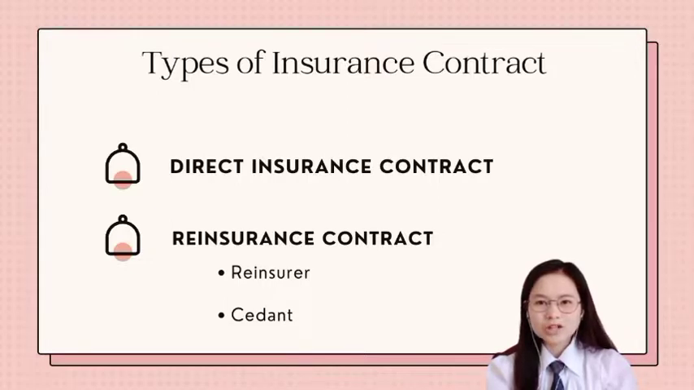ABC Insurance Corporation is the issuer, while Mr. Juan is the policyholder. The reinsurance contract, on the other hand, is an insurance contract issued by one insurer or the reinsurer to compensate another insurer, or what we also referred as the cedant, for losses on one or more contracts issued by the cedant. When we say reinsurer, it is the party that has an obligation under a reinsurance contract to compensate a cedant if an insured event occurs. Cedant, on the other hand, is the term used to the policyholder